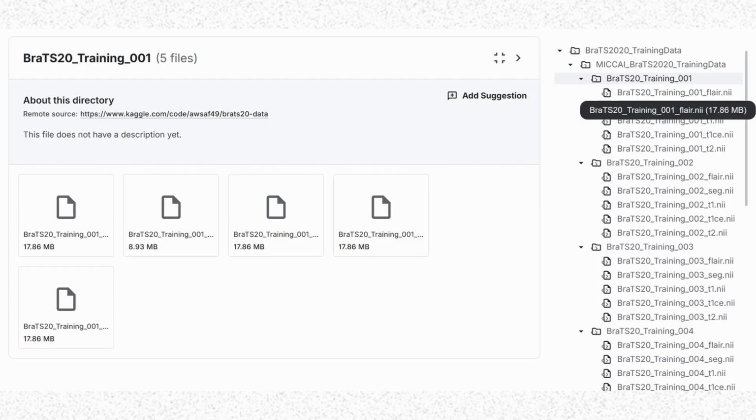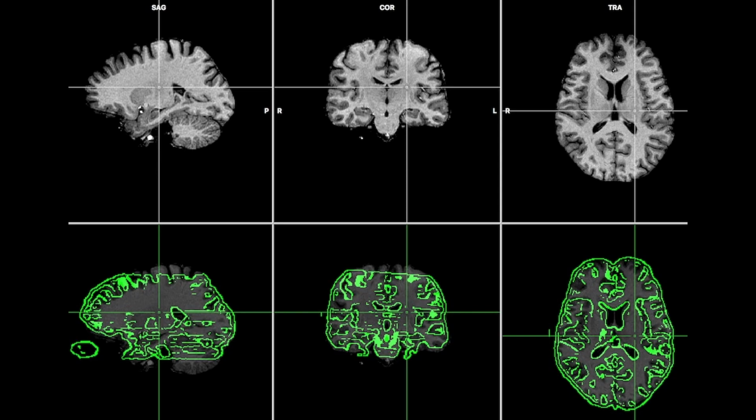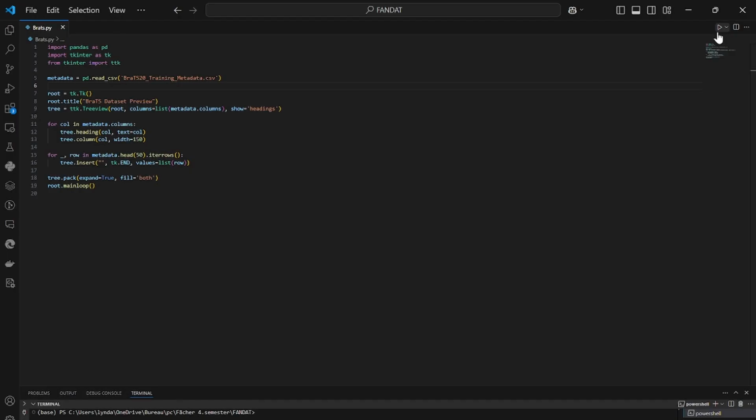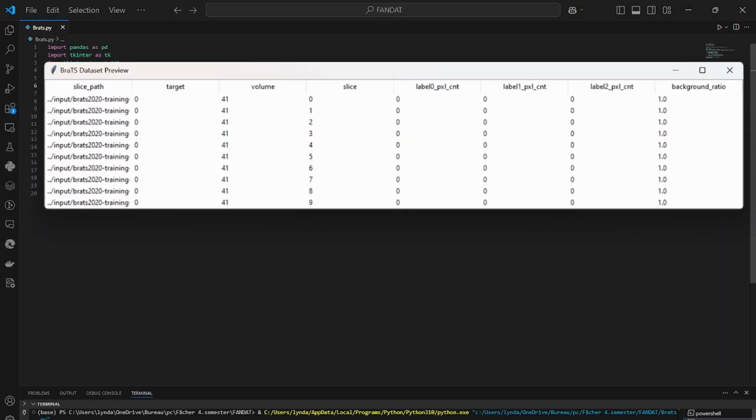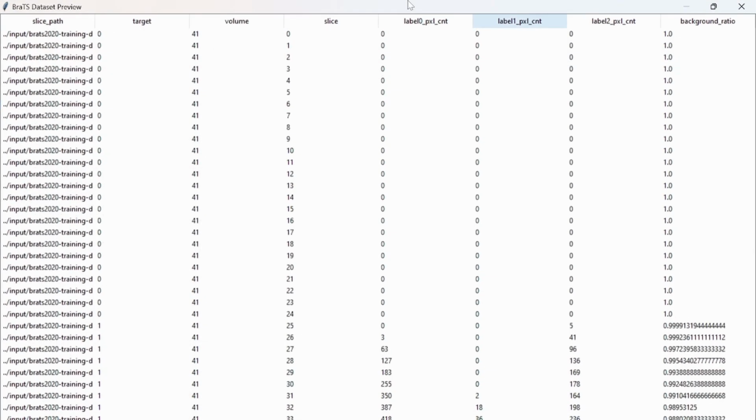From the start, the dataset files are stored in the neuroimaging format, specifically NIfTI files. This format is widely used in the medical imaging community because it allows for storing 3D data like MRI volumes efficiently. When we loaded the dataset's training metadata file in Python, we found several important columns that help us navigate this data. Each row in the metadata represents a slice of an MRI scan, and the columns provide detailed information